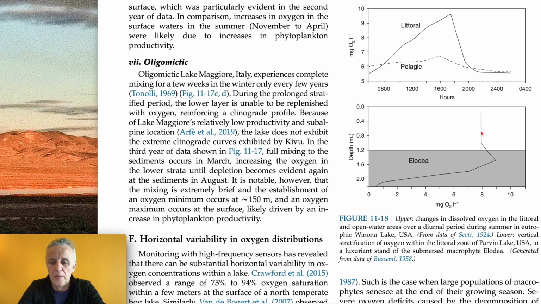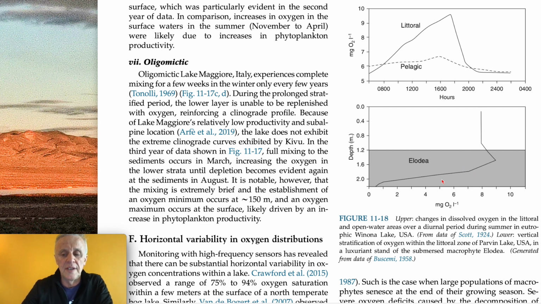Here we have a pretty high concentration of oxygen, about 8 milligrams of oxygen per liter. And then we have this chemical change, this chemocline I guess, where we have a drastic change in oxygen over about 1.6 to 2.5 meters. So over about 1 meter, in this population of Elodea, we have a drastic crash of oxygen, probably